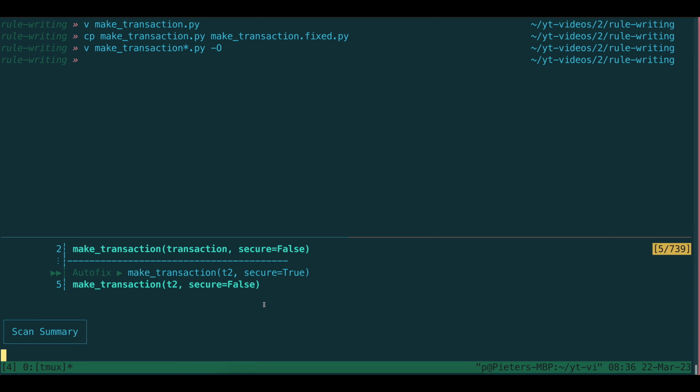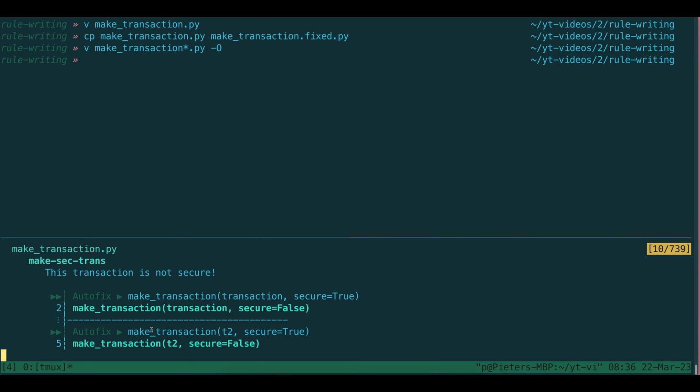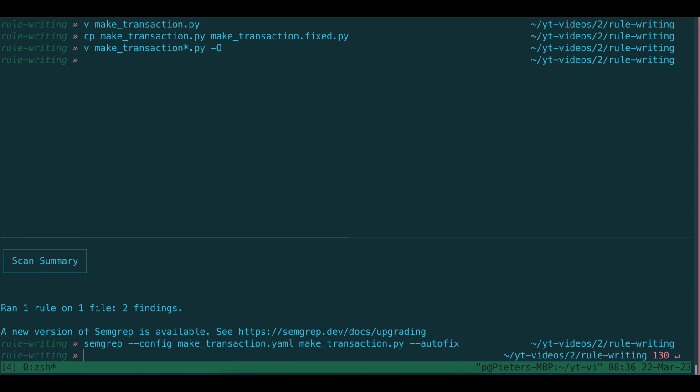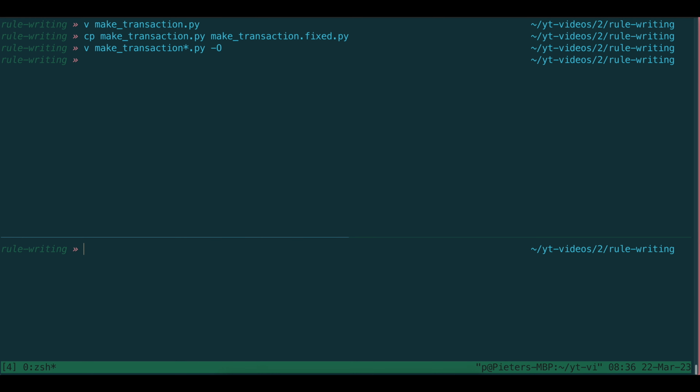Just for reference, running this does not apply the fix yet. This is just a preview. If you want to actually apply the fix, you need to run --autofix, which is not something I will do right now. All right, let's open our